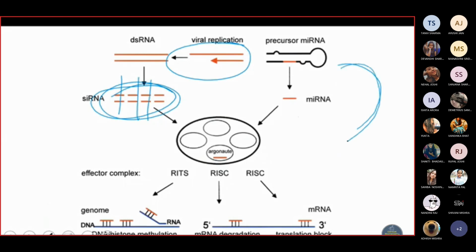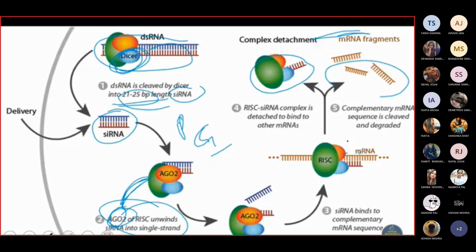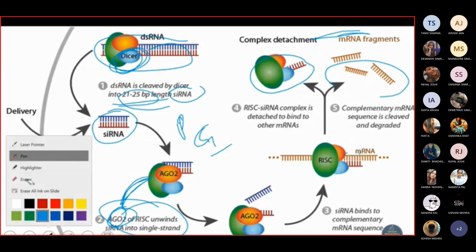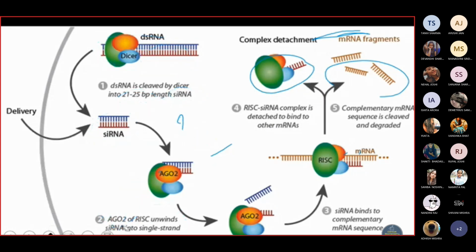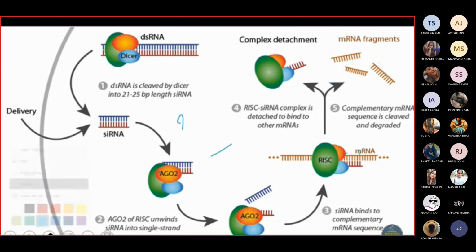आप जो difference देखेंगे वो मैं बताता हूँ. Sorry. The difference I will tell you, then you will understand. Process is almost same. In case of siRNA, this is viral RNA or the hairpin loop DNA, which is having hairpin loop. So this RNA will be degraded into small pieces, that is called as siRNA. And this degradation occurs by Dicer enzyme.